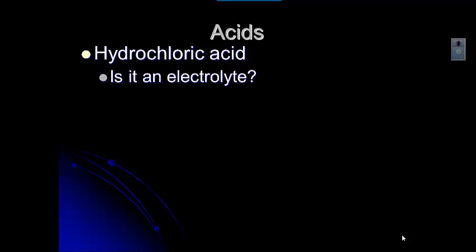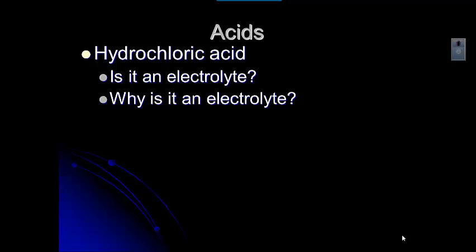Okay, so in this video we're going to look at the strengths of acids and bases. So let's talk about hydrochloric acid first. Is it an electrolyte? You've seen me light the light bulb with it, so you know that it is. We know that it's a strong electrolyte because it lights it up fairly brightly. And so why is it an electrolyte? We know it's an electrolyte because it forms ions in solutions, even though it appears to be a covalent compound